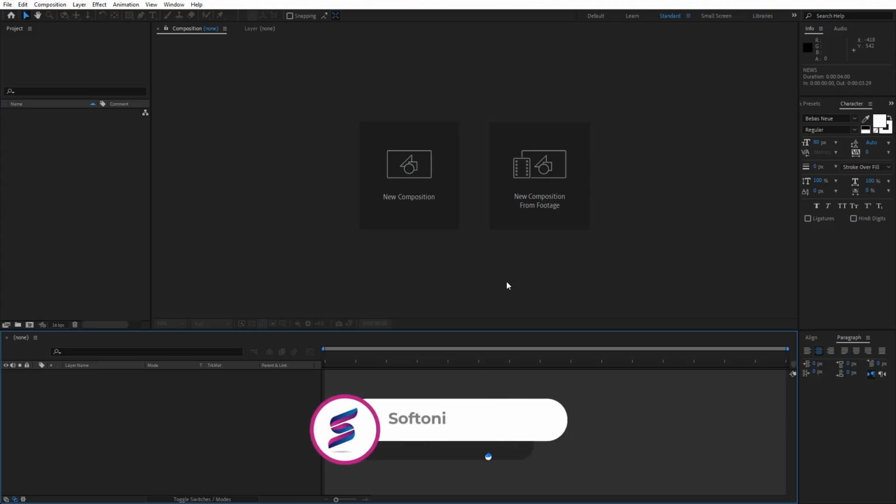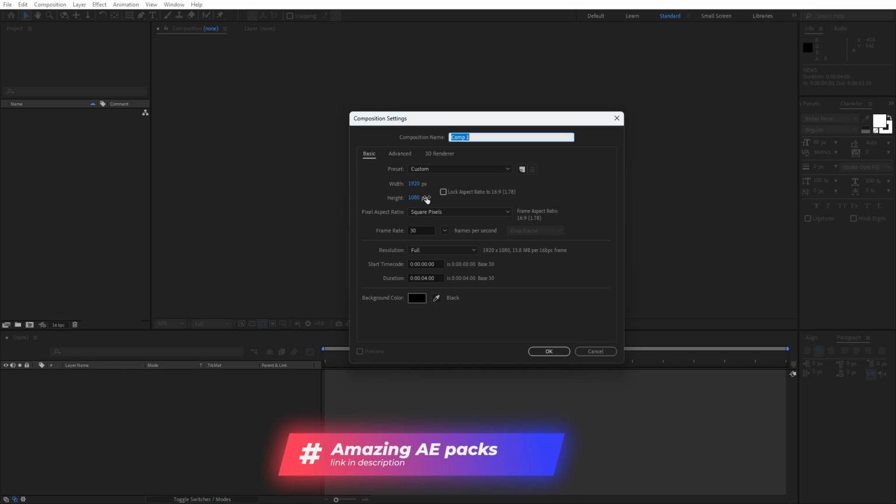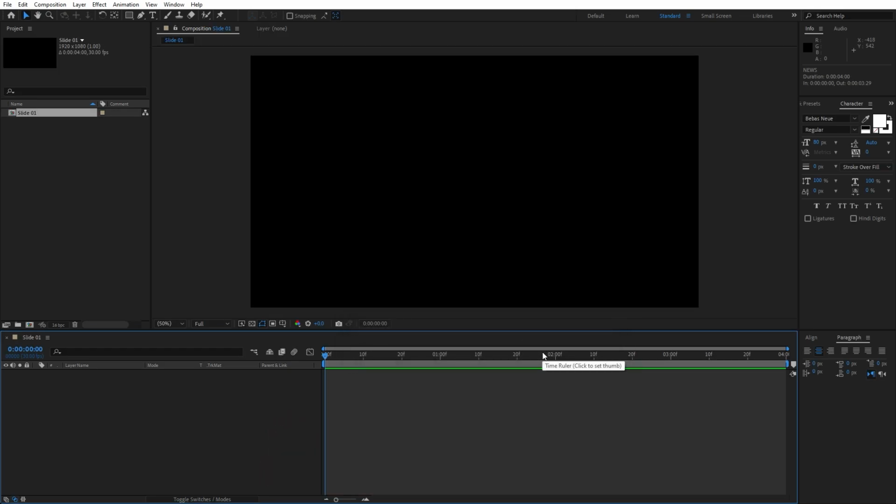Alright guys, here we are in After Effects, and first let's create, as usual, a new composition. Hit here or on this little icon to create a new composition, and for me this is going to be slide 01, 1920 by 1080, 30 fps, and in this case I will set the duration to around 4 seconds. Hit OK, and the first step that we're going to do in this new composition is to create a solid layer, a solid